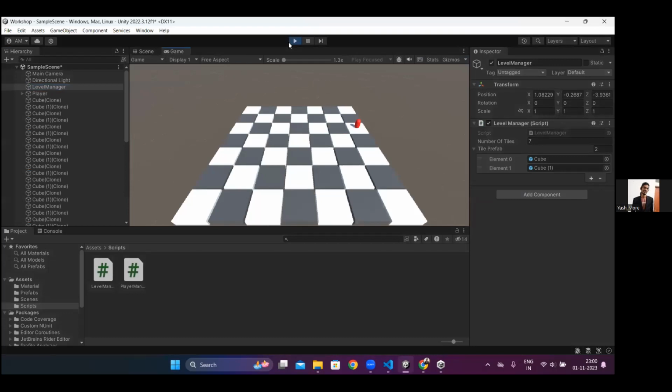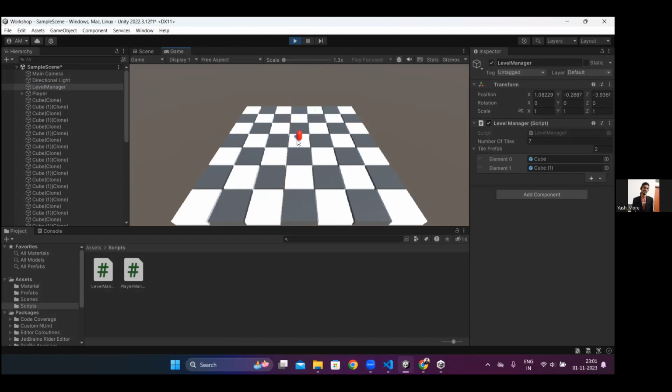As you can see, now it will work on any grid of whatever size you need. I have made only a grid of odd size. We can make an even size grid as well, but the problem with an even size grid was that I had to shift it, and it's not a big task. You can just write an if statement to generate it accordingly. So yeah, this is what we have by now, and